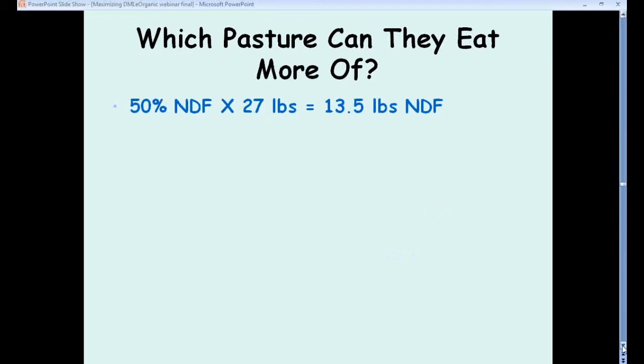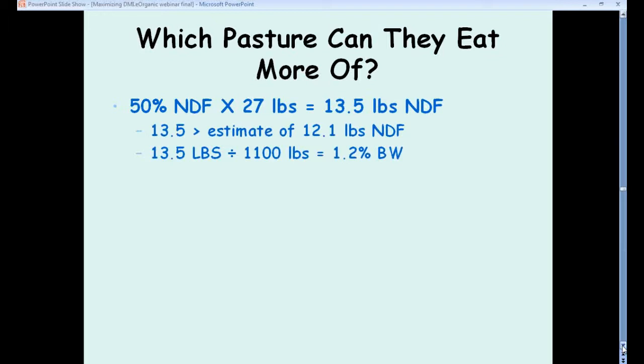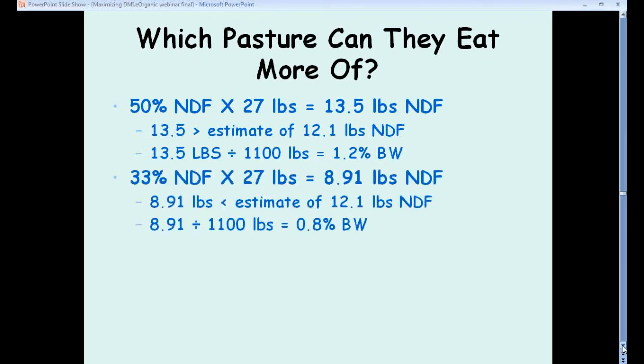So looking at which pasture they can eat more of, that 50% pasture, which is the more mature one: if it's 27 pounds that we're trying to get her to eat, that gives us 13.5 pounds of NDF. That's higher than our estimate that she can eat 12.1 pounds of NDF total, and that ends up being 1.2% of her body weight. If we look at the 33% NDF pasture, that's 8.91 pounds of NDF, which is less